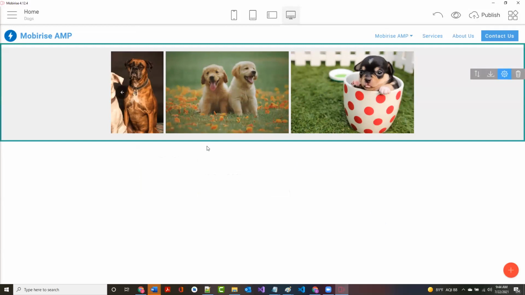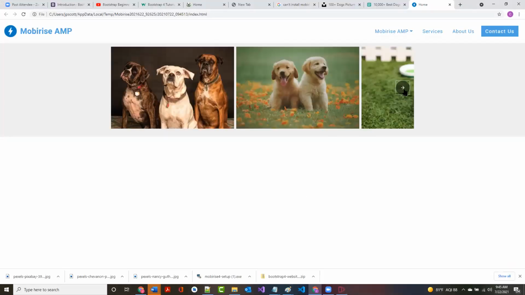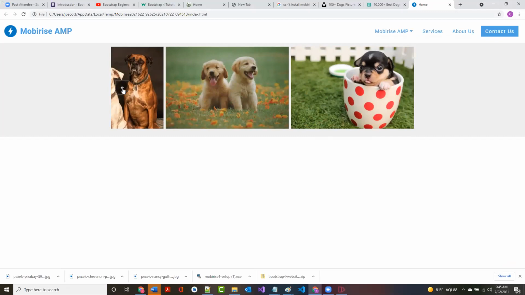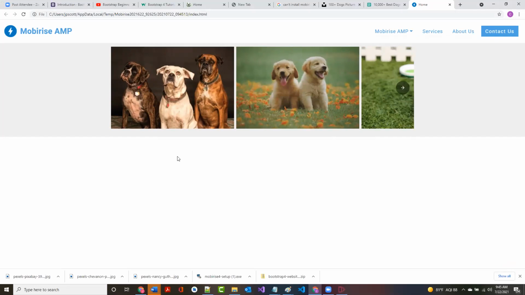All right. Now, we haven't done that much, but what we can do is I can see what it would look like if I run it right now. And that is I click this little thing up here that looks like an eye. And it says preview it in browser, because it'll show me what it'll currently look like. So this is what it looks like right now. I should have made those pictures bigger, but you get the idea. All right. And if I didn't like it, I can remove it, replace it with something else, etc.